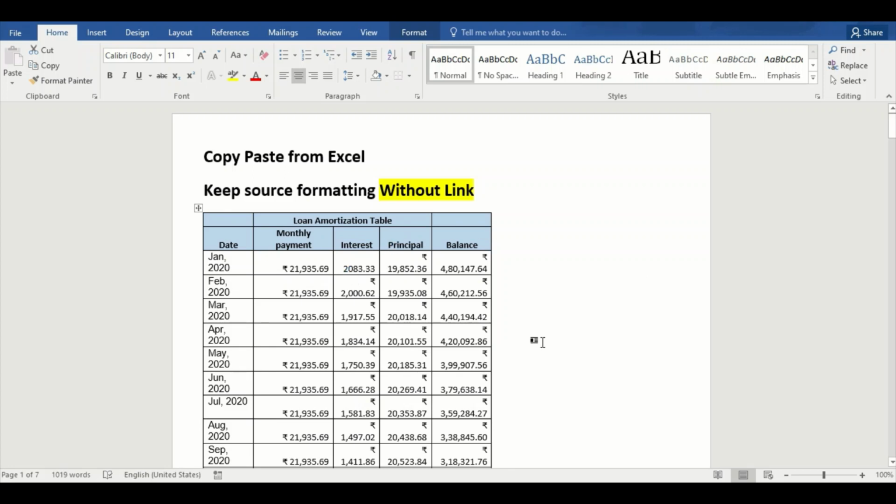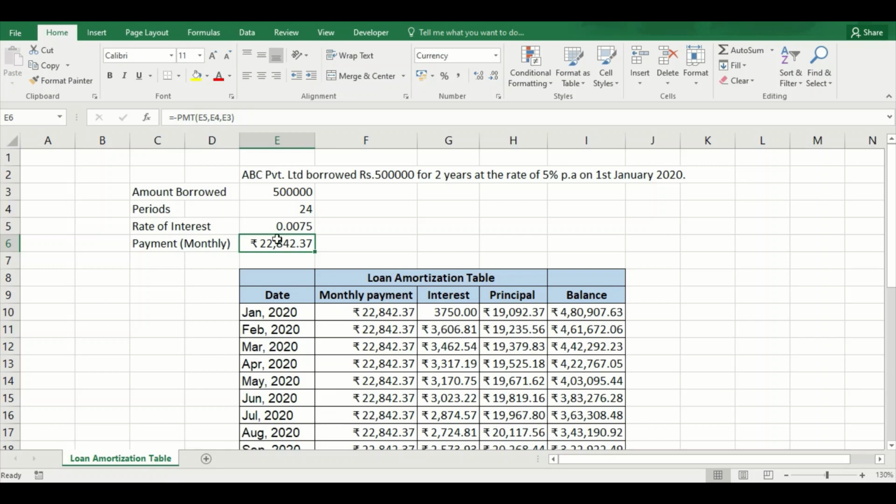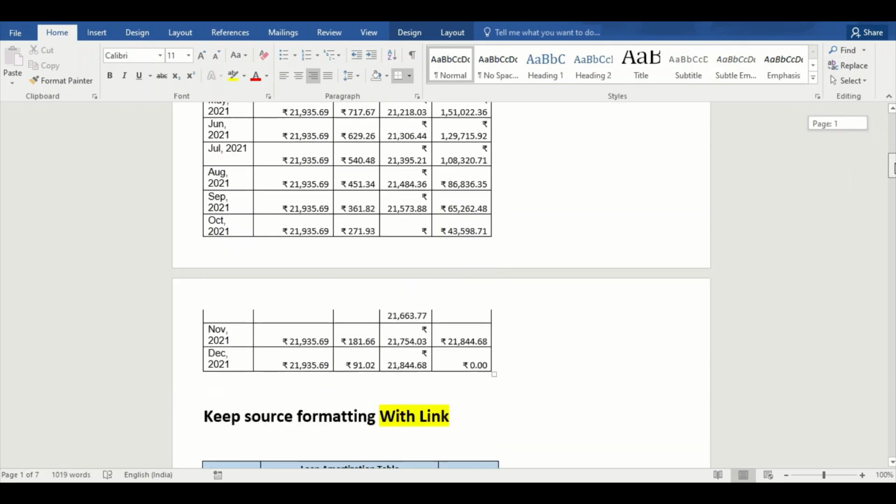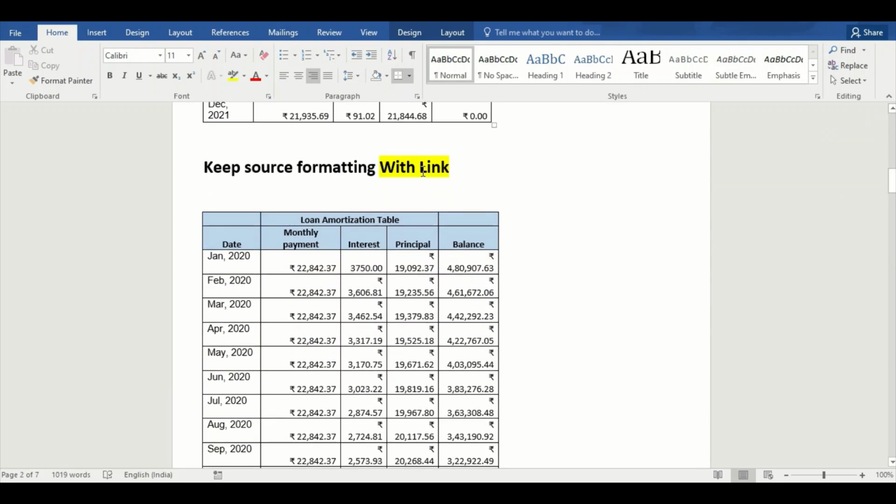So moving to Word, we observe that the first table, which is the keep source formatting without link, the figure remains as 21935 instead of 22842. Now I go to my second table, which is with the link.